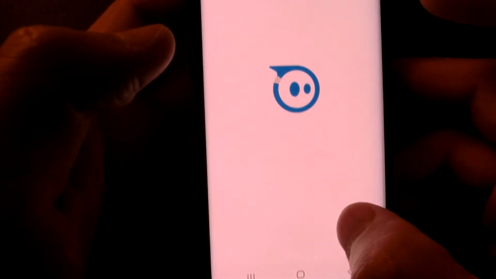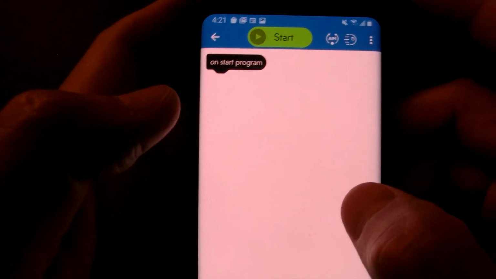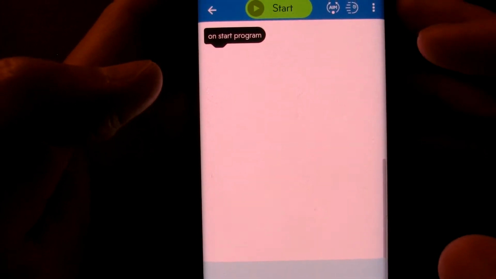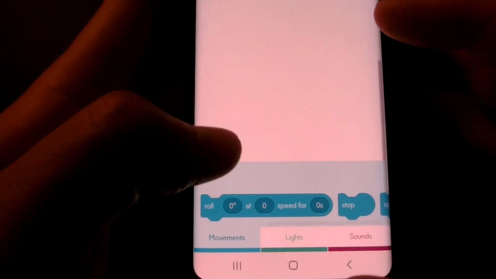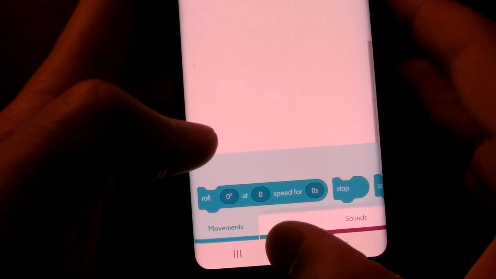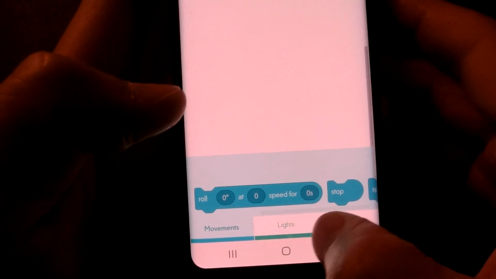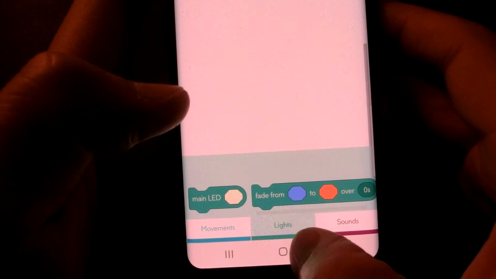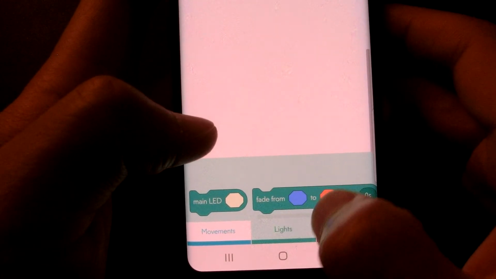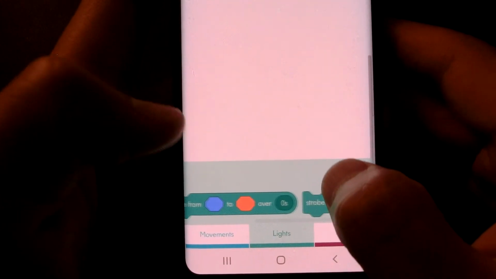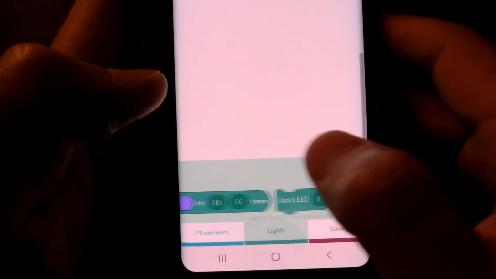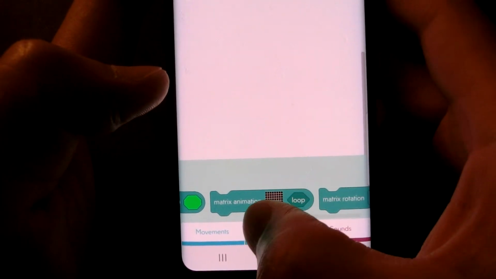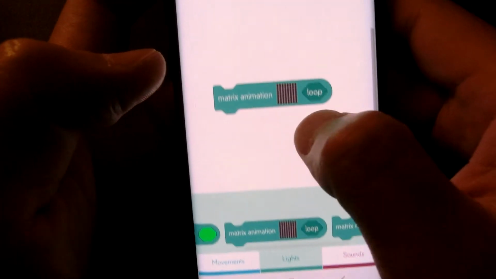And go to view program. You can see that it already shows you the on start program. So what you want to do is find the LED light option. Every tag here has multiple functions you can pick up. For example, if I pick up light, it uses a green color to show you all these functions that belong to this category. So I'm going to pick up matrix animation. I'm going to pick up this one